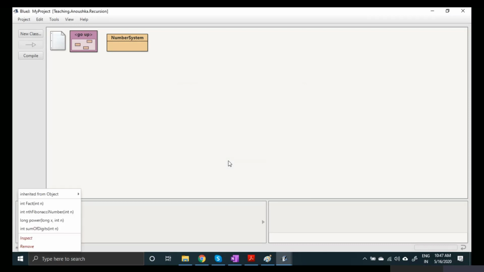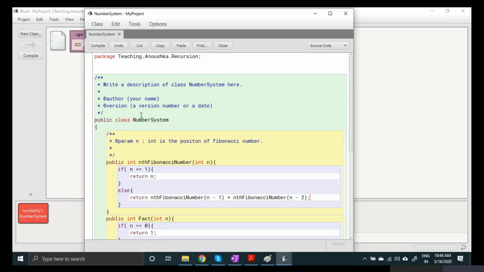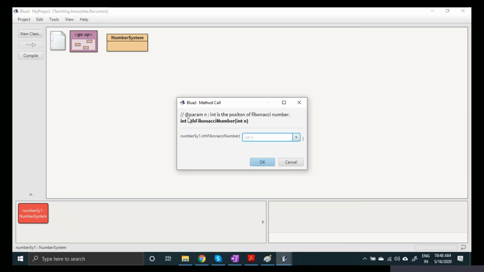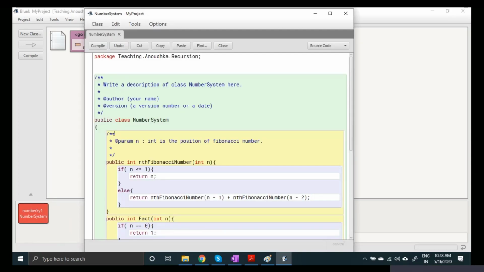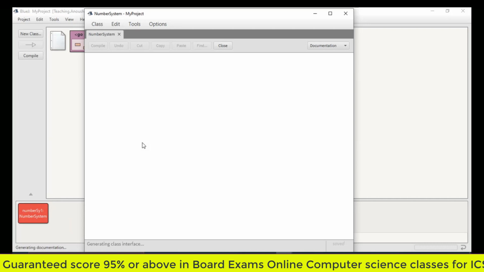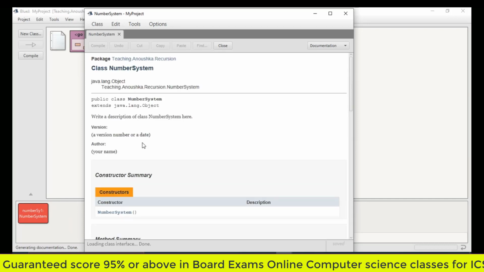So let's try to print n number of Fibonacci numbers, right? Recursively. So how to do that? It's showing here, right? At the rate param n. n is the position of the Fibonacci number, right? It's showing that. And at the rate param, this is called the document comment, right? If you press Control J, a documentation will be created for you, right?